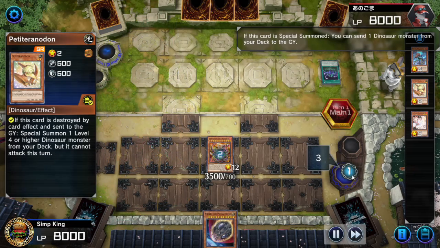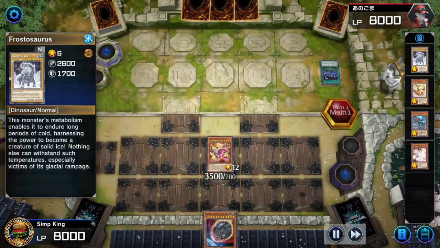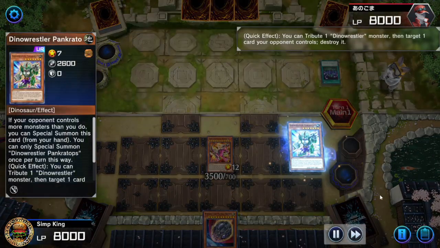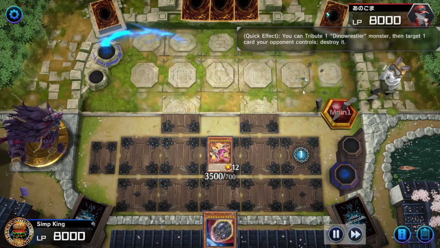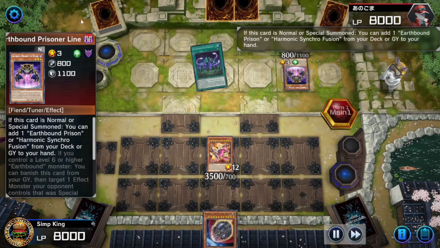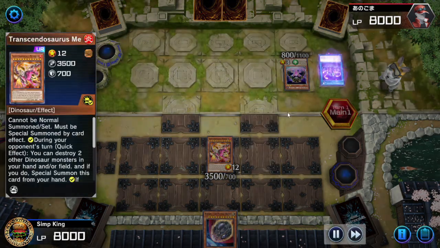We're going to send a normal monster to our graveyard to let the old Transcendosaurus resummon itself. And you'll see I was testing out different normal dinosaurs in the deck. We got the Frostosaurus. We also got a level 4 dinosaur sometimes. Let's pop that field spell with the Pancratops. Opponent, still their turn, going first. They got another one. Alright, well, maybe we should have popped something else, but we're still learning how to play